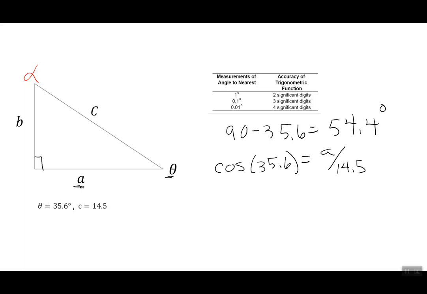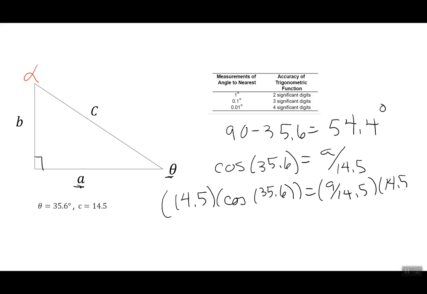To solve for A, I'm going to multiply both sides by 14.5. That'll cancel on the right, and on the left I can grab my calculator and enter 14.5 times cosine of 35.6, and it gives me that A is equal to